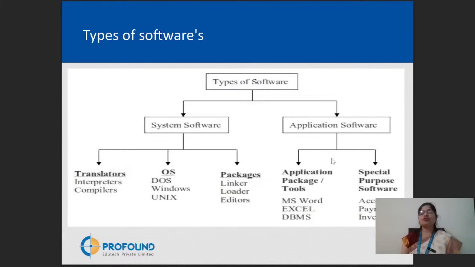In application software, there are special purpose tools and application packages. Packages such as MS Office. If you take an example of MS Office, क्या है? It is a package which provides us MS Word, MS Excel sheets, database, PowerPoint presentations you can create with the help of MS Office. Special purpose softwares are account, payroll and inventory.